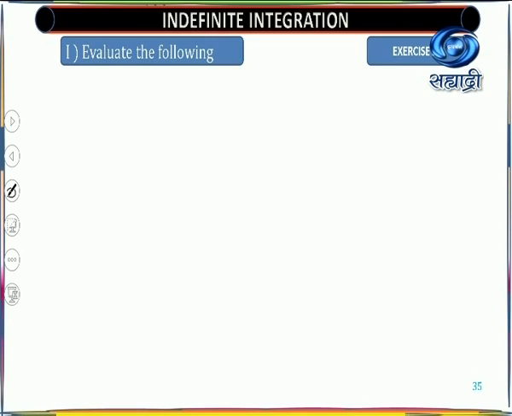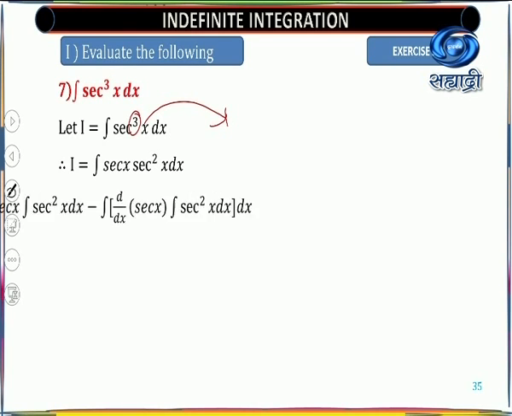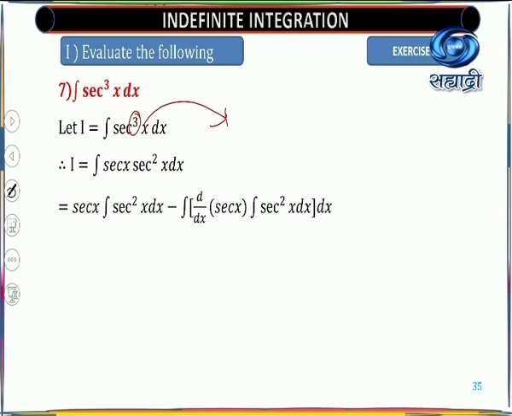So next example now. This example will start with integration of sec cube x dx. Now sec cube x is related to what? It is related to tan. Derivative of tan x is sec square x. So you are able to split the cube power as sec x into sec square x dx. Now one function is integrable, one function is differentiable. Immediately you know that sec square x is the derivative of tan x.